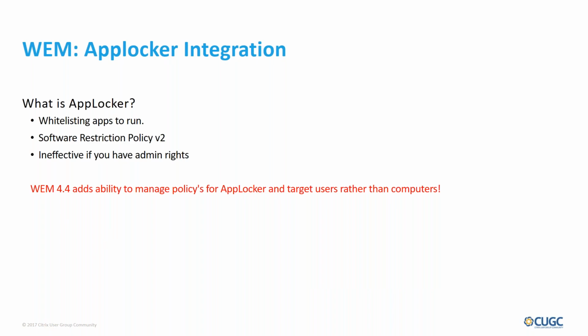So biggest thing to remember with AppLocker is it doesn't do you any good if you have admin rights. I mean, you can lock it down and maybe create your administrative users some annoyances, but they're going to be able to work around almost all of your lockdown policies. The other important part here, and this is why we like WEM over using group policy, is that it allows us to get more granular with user targeting versus just an all-in-one rule set with some filters that go to every computer. All right, let's go ahead and go to the next slide.